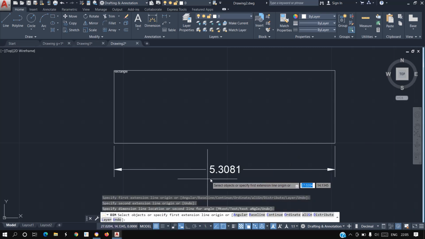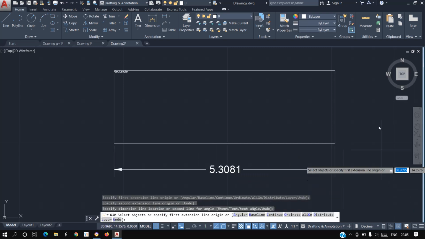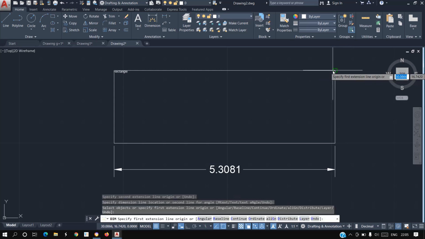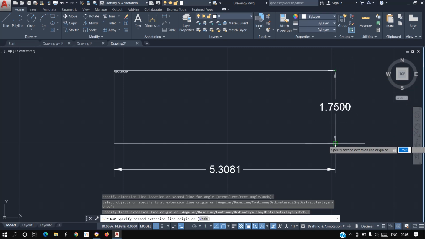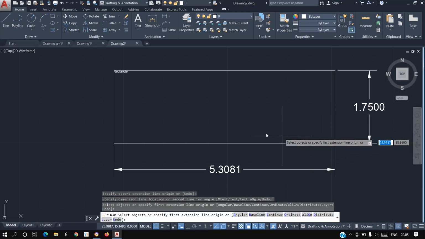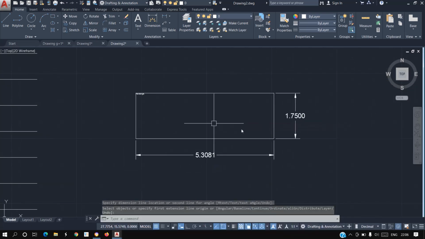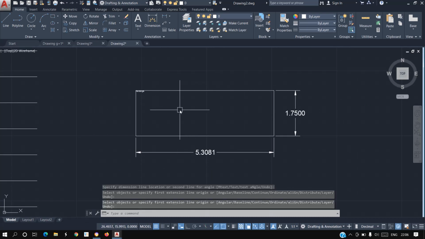The length of this rectangle is 5.3 meters. Let's check the width of the rectangle. This is the width of the rectangle. That's all about annotation.